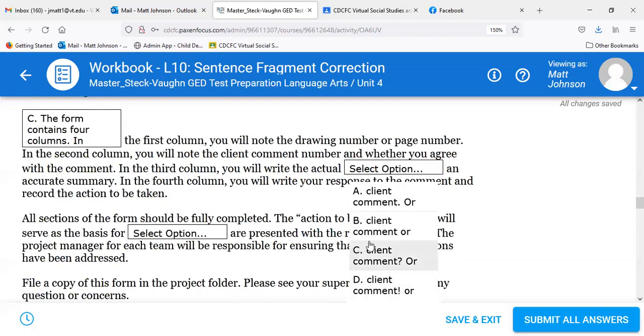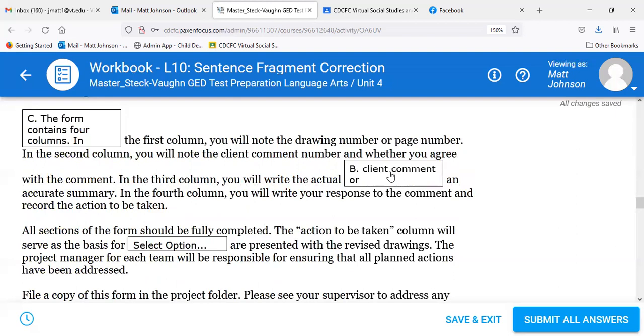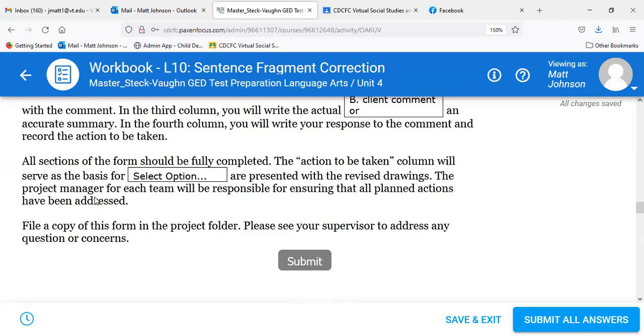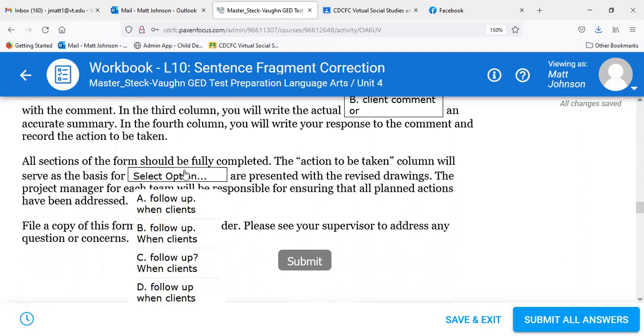How do we complete this one? Client comment, period, client B. B. That's going to make a complete, you will write the actual client comment or an accurate summary. So, or, and anything like that is going to further the sentence along. So, B, client comment or an accurate summary. In the fourth column, you will write your response to the comment and record the action to be taken. All sections of the form should be fully completed. The action to be taken column will serve as the basis for